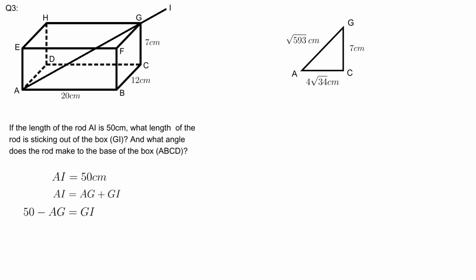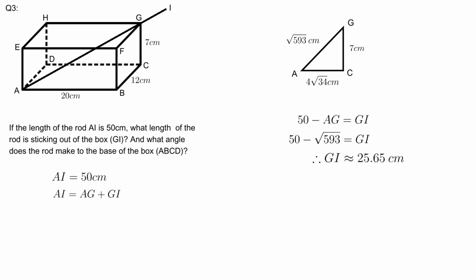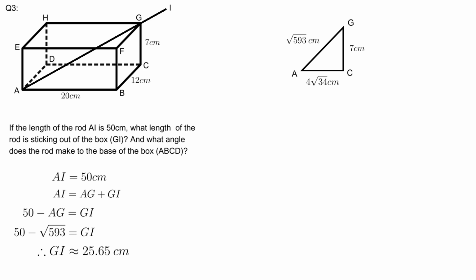Now that we have the length of AG, we can calculate the length of the rod sticking out. Plug your values into your equation that we made earlier, and you will get the answer that is rounded off to 25.65 centimeters. To calculate the angle that the rod makes to the base of the box, we can use the